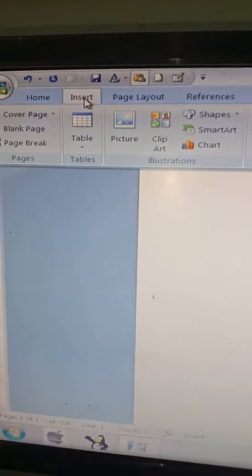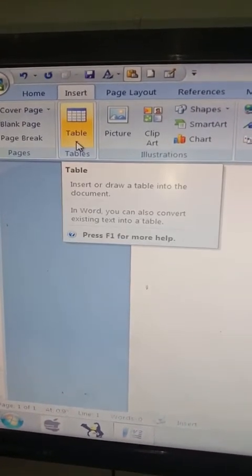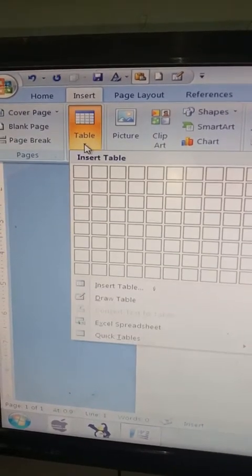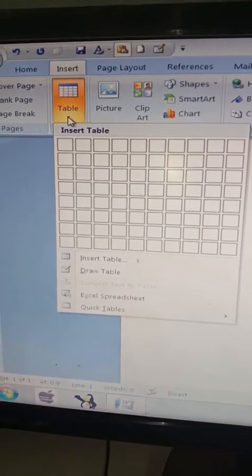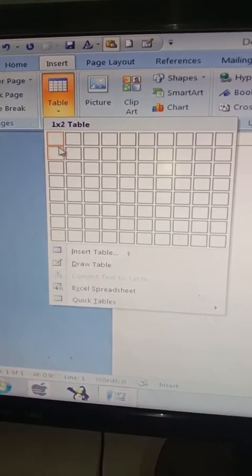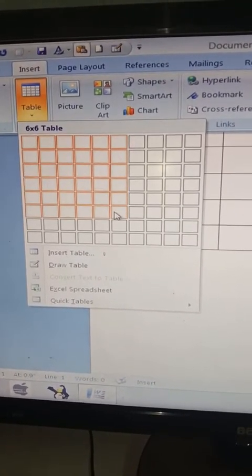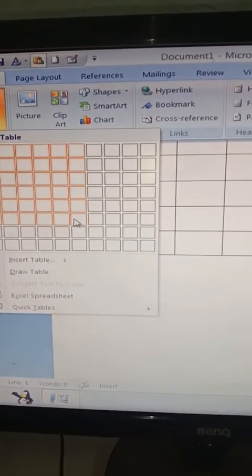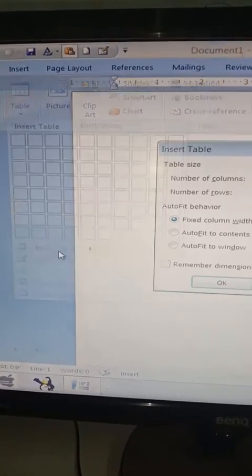Have a left click over here. As soon as you left click, the option of tables appears. Just left click over here. As soon as you left click over here, there are three different methods of inserting the table. First, by selecting the grid. As much grid as you select, the number of rows and columns in the grid, that much table will appear on your screen. Second is from the insert table.